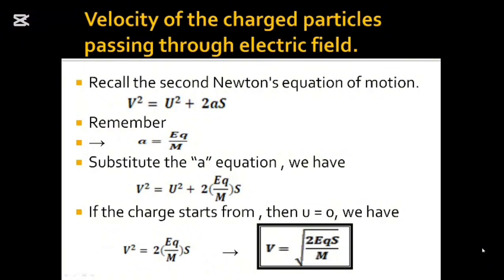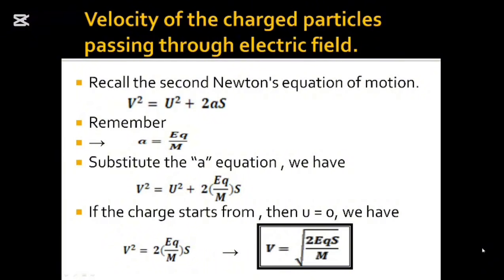Now, assuming the same thing, that entering the field, the initial velocity is equal to 0. Let's assume that U is equal to 0. What happens? The U squared here will become 0 because 0 squared is equal to 0. So what do we now have left? V squared will now be equal to 0 plus 2EQ over M X. And 0 plus anything is that particular thing. 0 plus 2 is 2. 0 plus 1 million is 1 million. So that means V squared is equal to 2 bracket EQ over M times X,